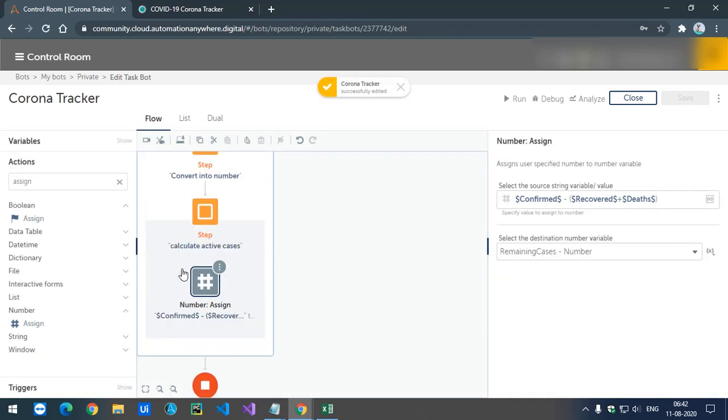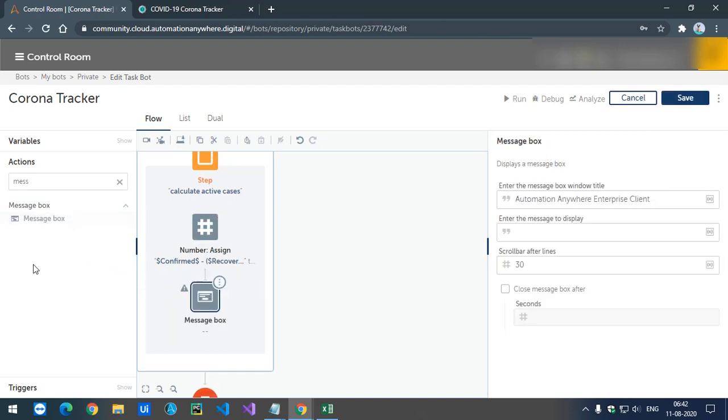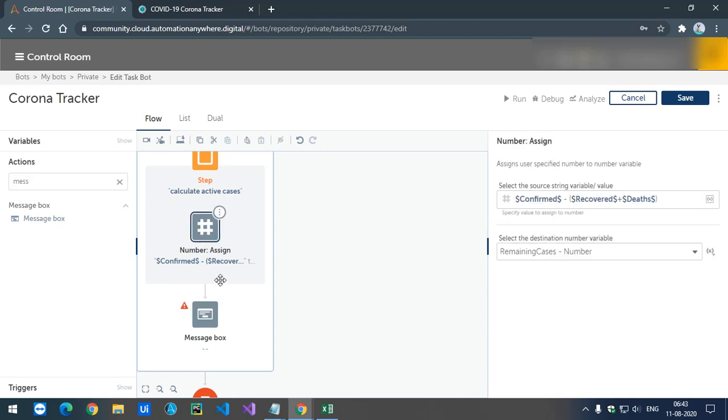Now we want to show all those numbers in a message box. In the message box it only shows strings, but this remaining cases is a number.